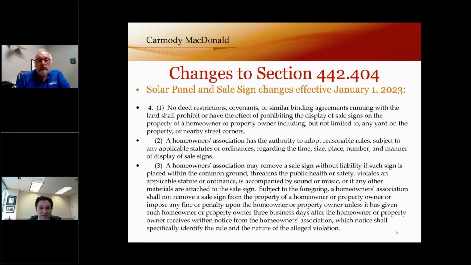This last slide now is on sale signs, and this is another change that goes into effect on January 1st of next year. And this is another response to restrictions in indentures that say that you can't have any signs. What this statute says is that your indenture has to allow the display of sale signs on the property of a homeowner or property owner, including but not limited to any yard on the property or nearby street corners. So what this is saying is you have to allow a sale sign in that owner's yard and on nearby street corners. You can't prohibit that,